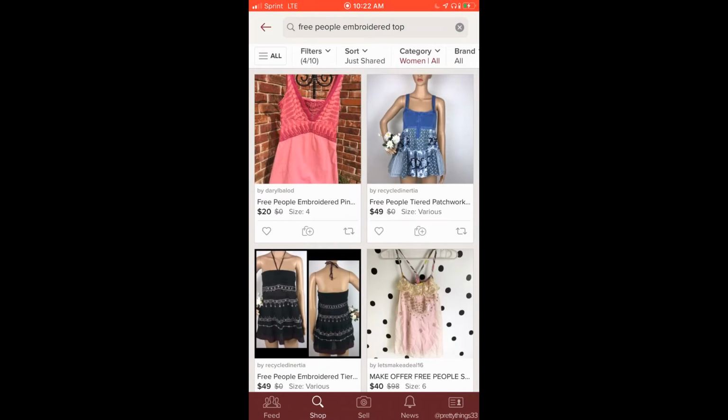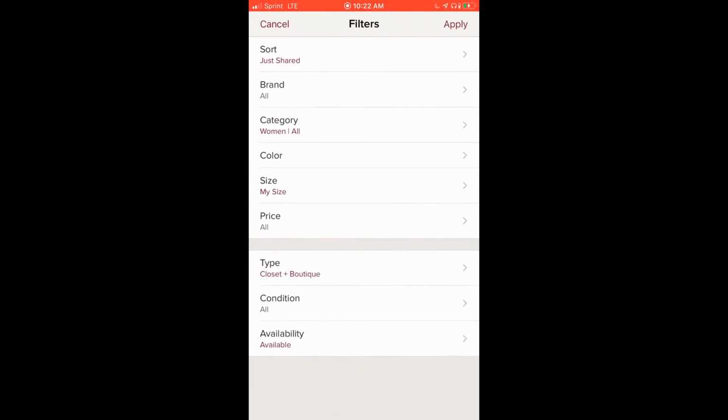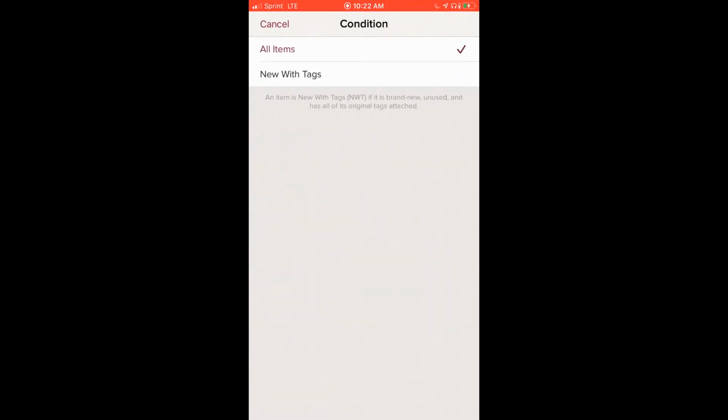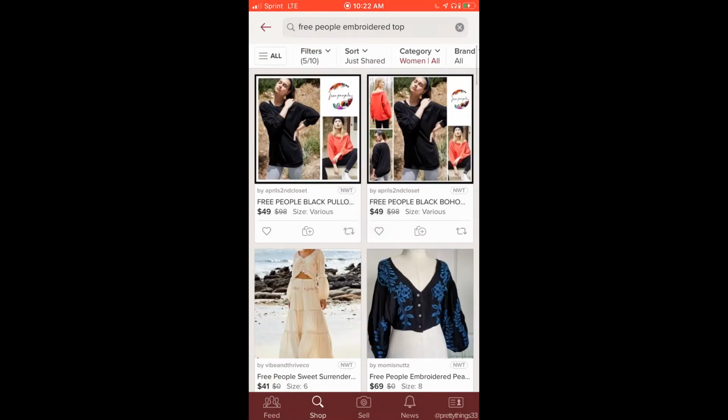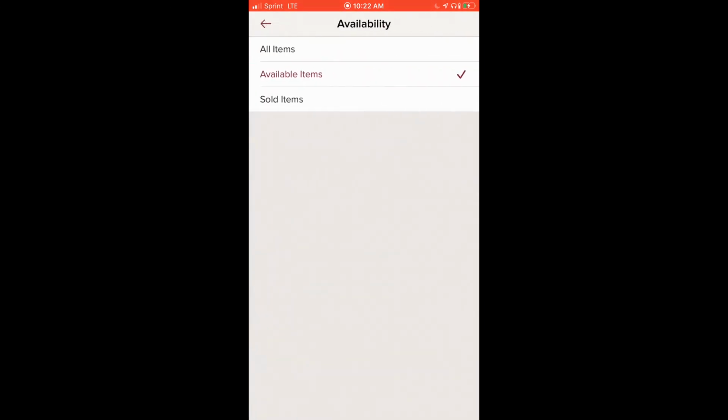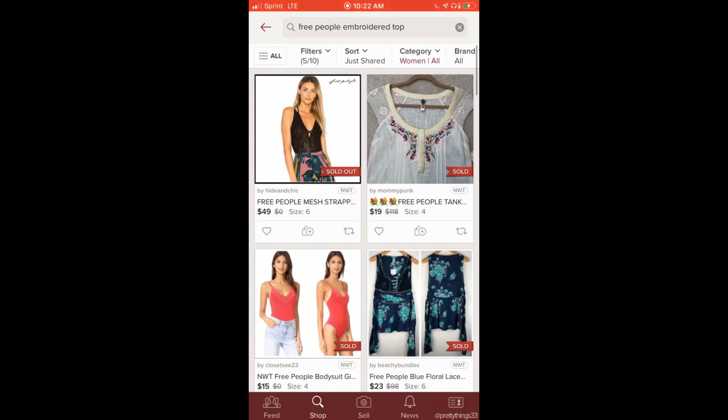So once you search for that, you're going to go into filters, and you're going to filter by new with tags for mine because it's new with tags, and then filter again in the sold listings because I want to see what things are actually selling for. So there's lots of different ones here. You can see